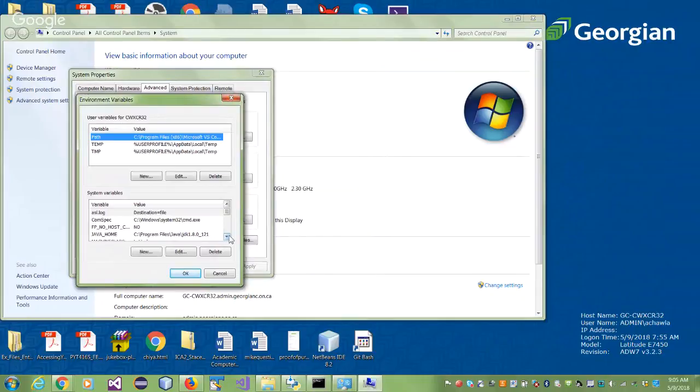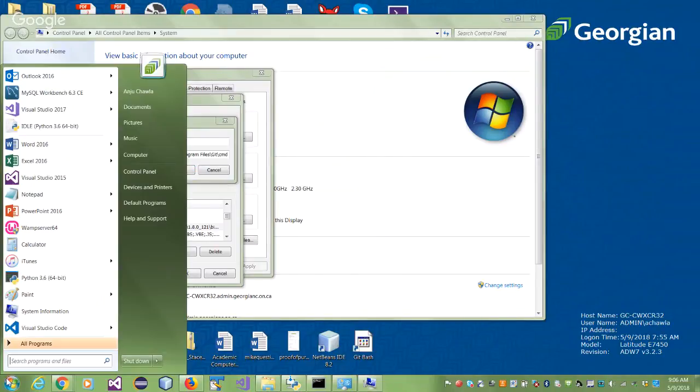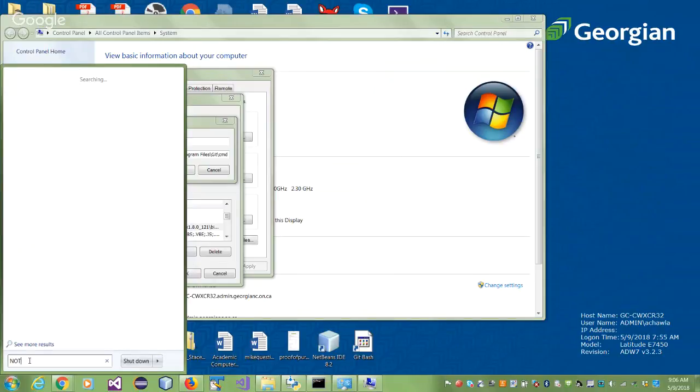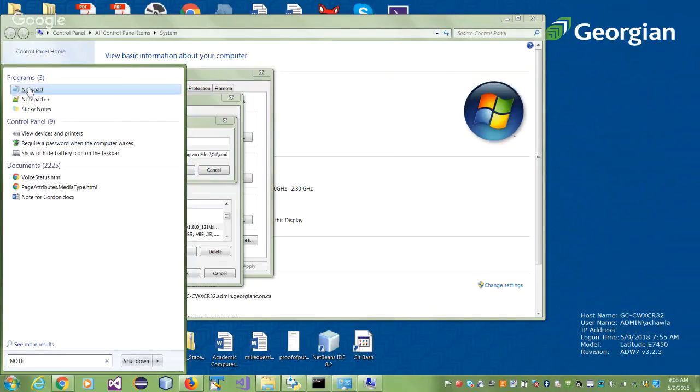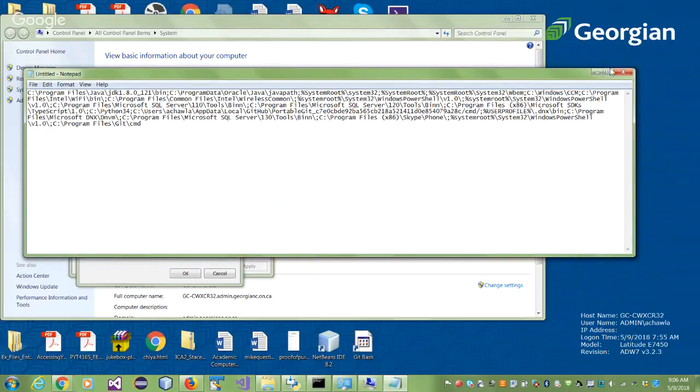There is a variable called path here. This is a path variable.